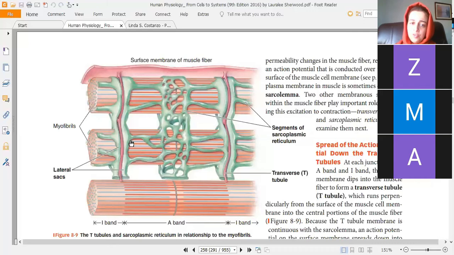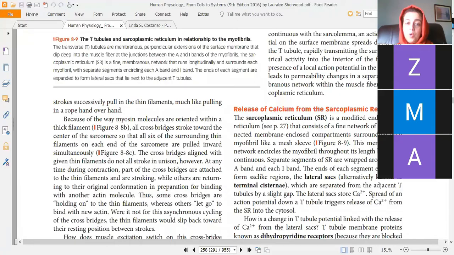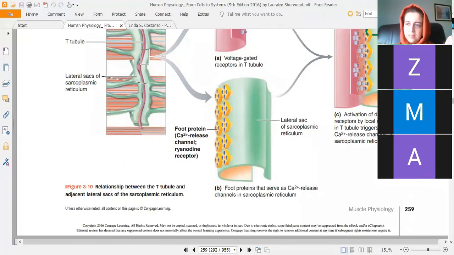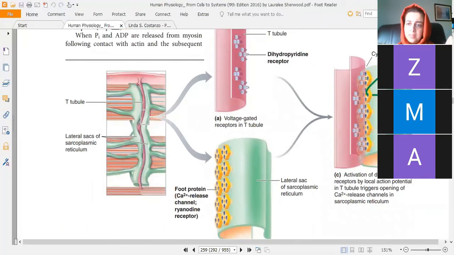And around the T tubules, the sarcoplasmic reticulum becomes expanded to form cisterns. So one T tubule and cisterns on both sides. This is often referred to in some books as a triad. What happens at the triad is important. And from a postgraduate point of view, this is something you need to keep in mind.